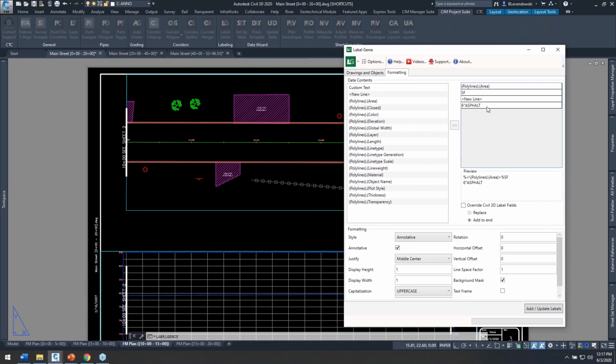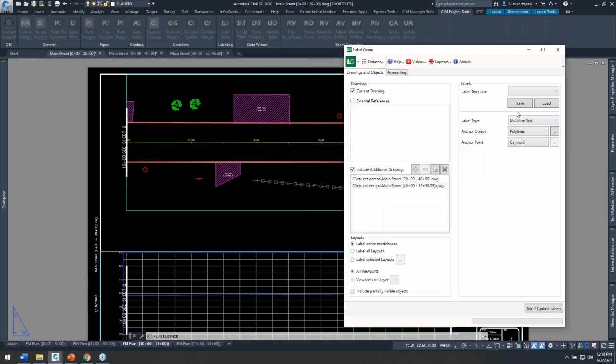And go to the formatting tab. Here's all that same stuff. This time we're going to do a height of 0.2, and the display width, we had 1.5. Let's bump it up to 2. And again, we'll leave the background mask off, but you can do that certainly. And then before I finish this, I'm going to save this out,